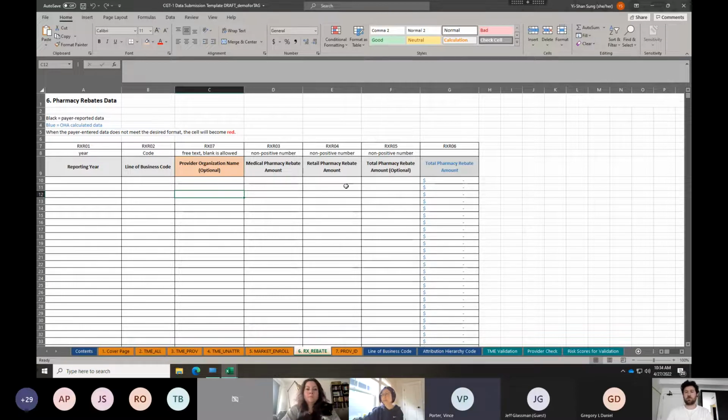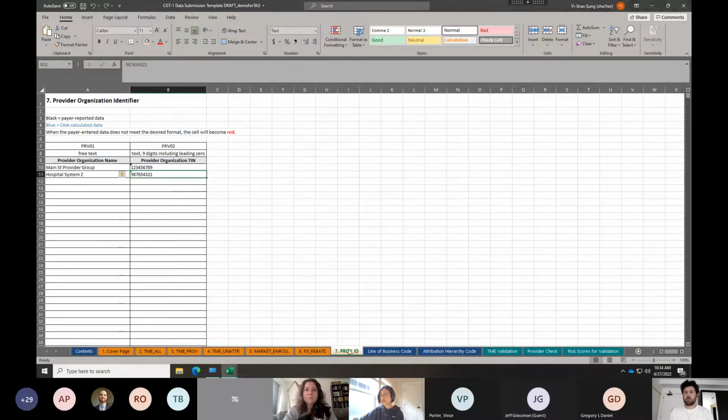Okay, that's helpful. Thanks. This is about whether we can get more granularity that helps us understand cost drivers better below the surface, but it wouldn't change, or hopefully would not create variation in, what we're planning on reporting out at the accountable provider level. Any questions for rebate? If not, let's move to the provider ID tab.